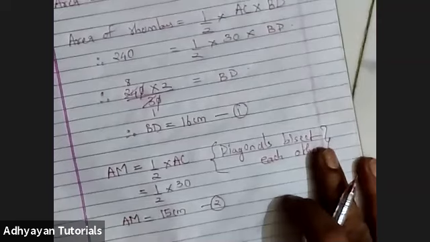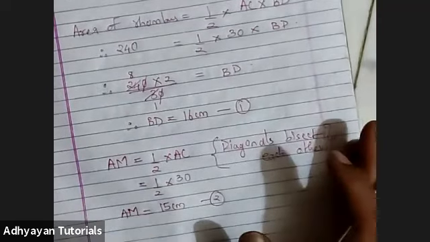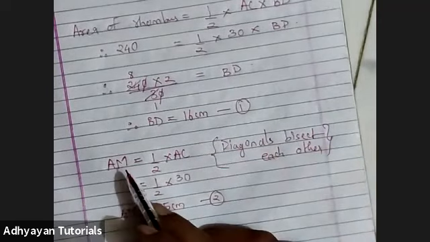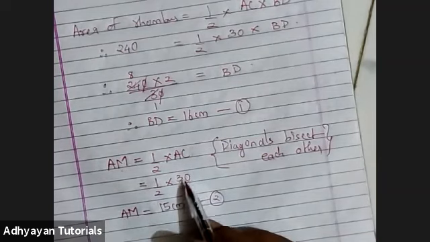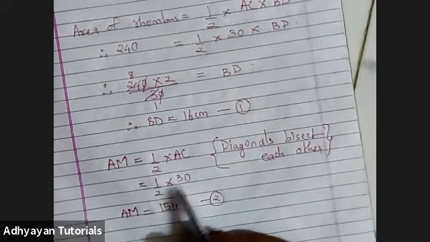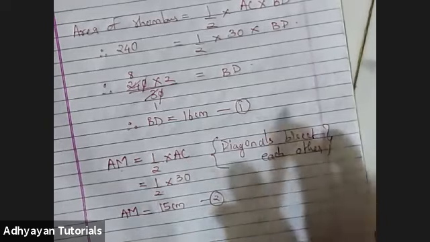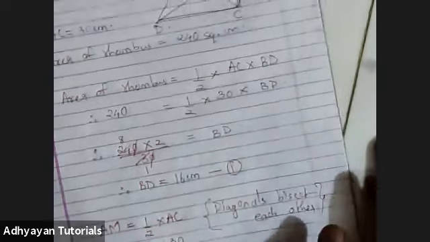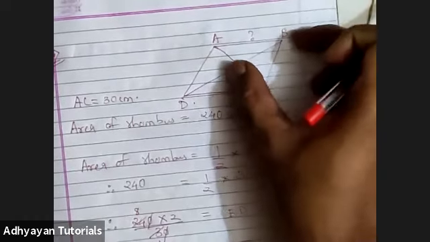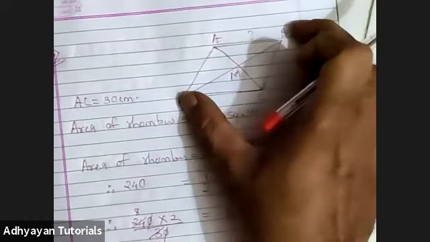Yeah, Sneha, I realized you guys were not able to see the downside which I was writing. See, here it is. AM is half of AC. I've just substituted AC का value. It is given to us as 30. So 2 ones are 2, 15s are. AM का value is 15. Diagonals bisect each other, right? So this is the figure. Now I am aiming to find MB. MB is nothing but half of BD.